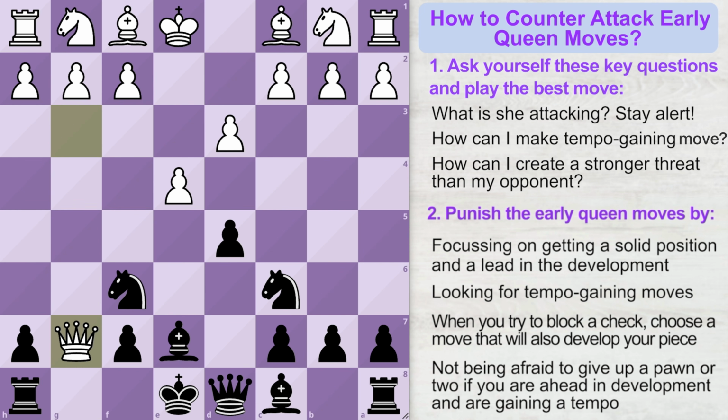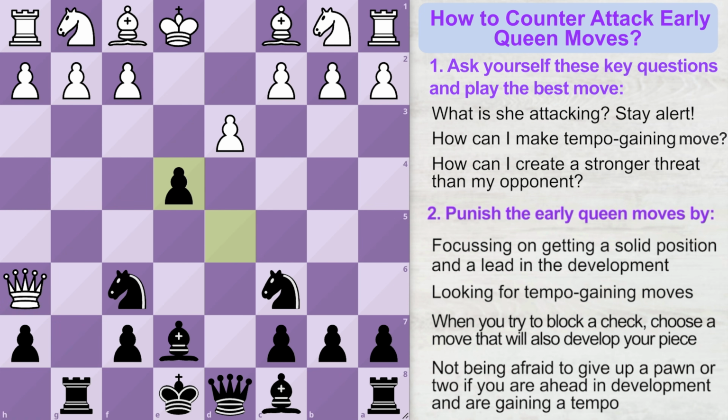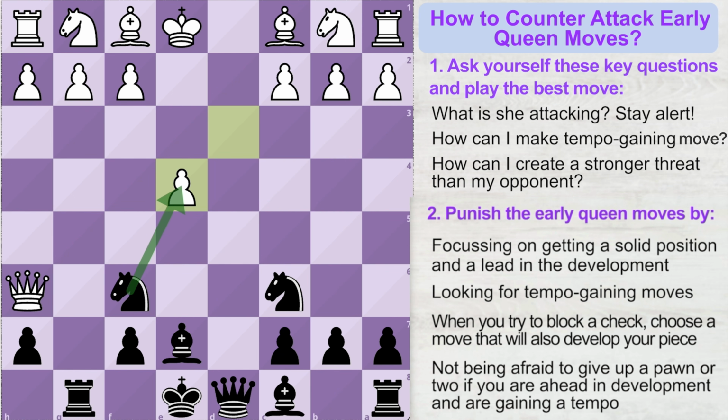to activate your rook on an open file with the move rook to g8, and this is a tempo gaining move. Not only is your rook getting activated, but you are also attacking the queen one more time. Queen will have to go to h6, and now you can open up the center with d into e4, d into e4, and if you wish you can now capture this pawn and open up this e file completely, or